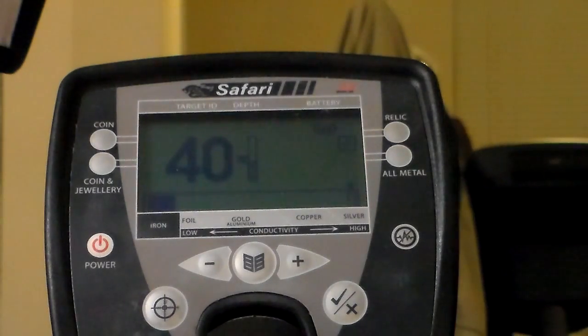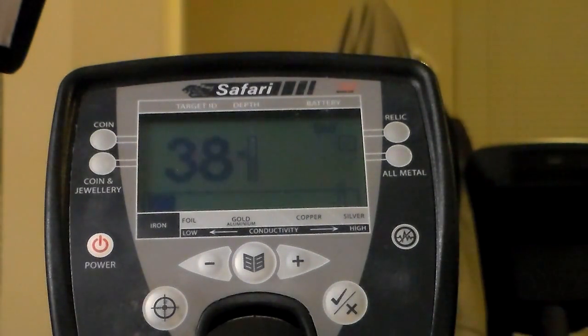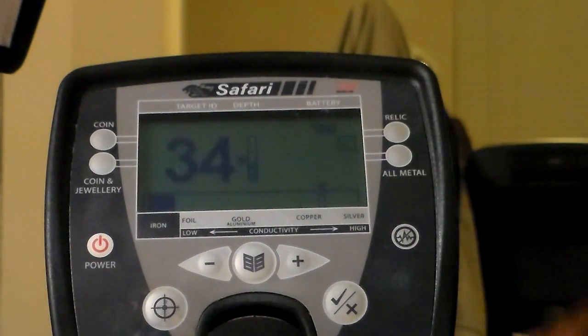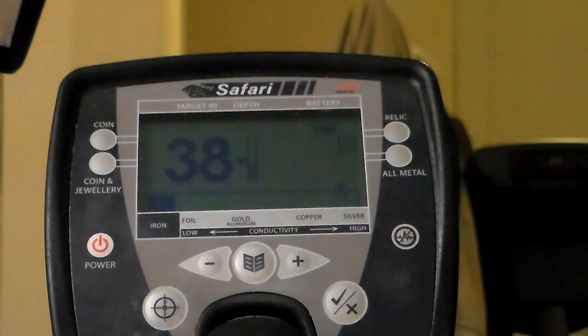Did you hear that? There's a subtle change here. Let me take the clad quarter back. I'm in ferrous mode now, and we're just comparing it to the previous sound I just had. That sounds a little bit flatter than the sharp signal from the silver quarter, but it's very